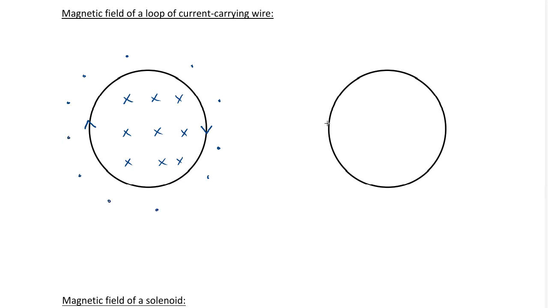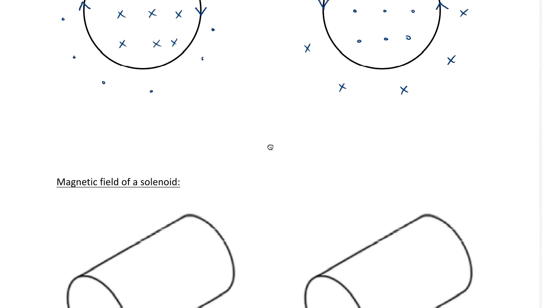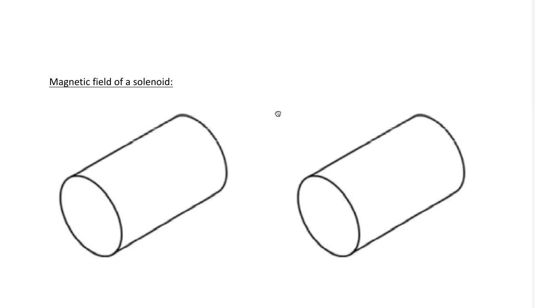And if I reverse the direction, so instead of going clockwise here, I go counterclockwise, then I see the opposite. The field inside the loop is pointing out of the page, and outside of the loop it's pointing into the page. Again, I'm not really being careful to show the field strength diminishing as you go farther away. Now, if you were to take a bunch of those loops and line them up together, you'd get a coil, or what we would call a